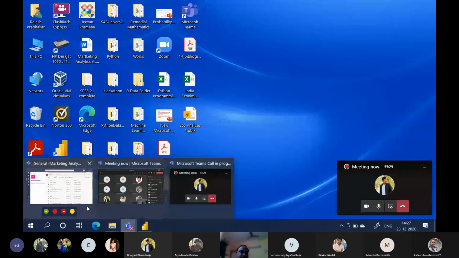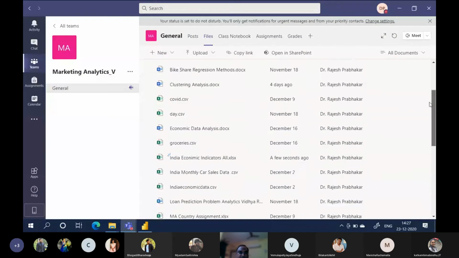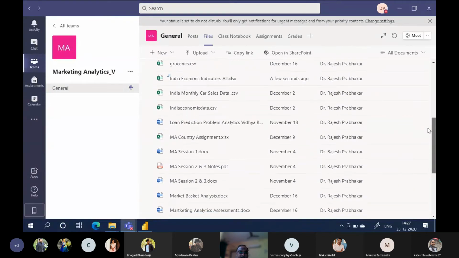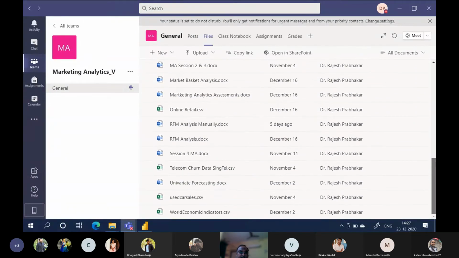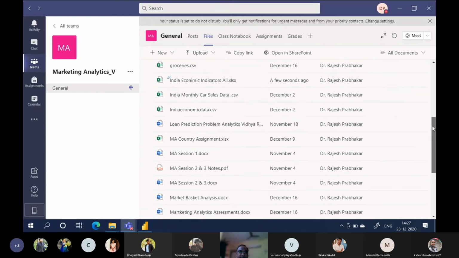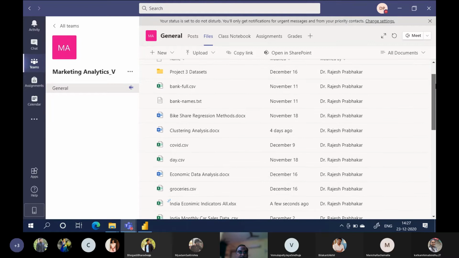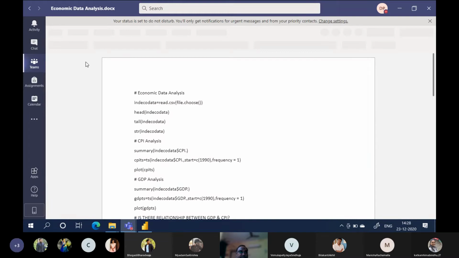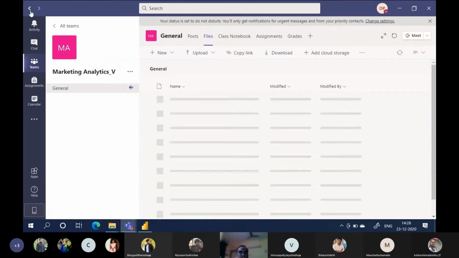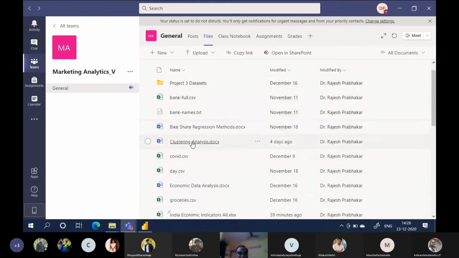Where is that file, a Word document where I have given you a detailed explanation of the assessment, where we have assigned all the projects?